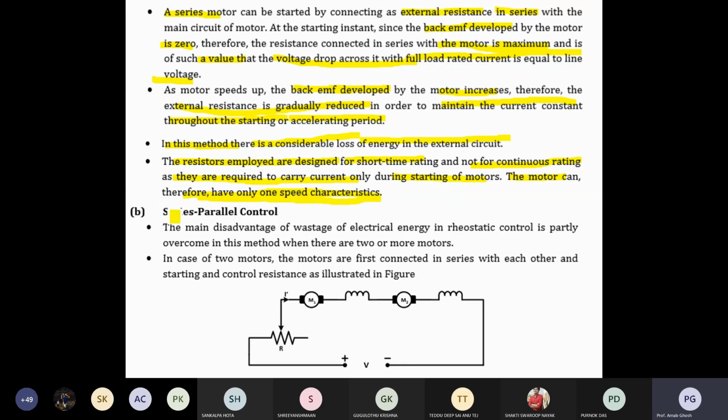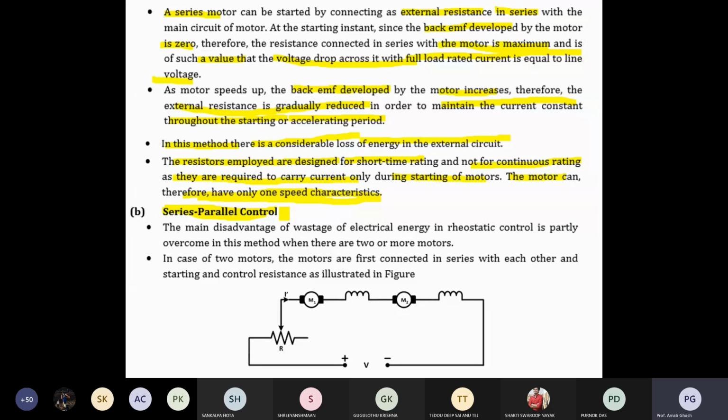So now, series parallel control. What is series parallel control? I have already told you. If the voltage is suddenly more, it is not possible for a single motor to handle it, because the same voltage appears across the single motor, and that may cause burnout of the motor insulation. That's why you can cascade two series motors and apply the same voltage across the two motors, so there will be an individual voltage drop. So V1 plus V2 equals total V. That's the way of controlling the voltage, that is series control.